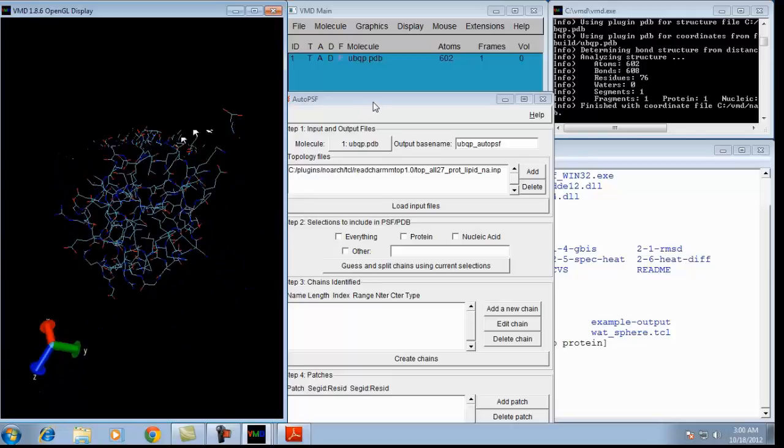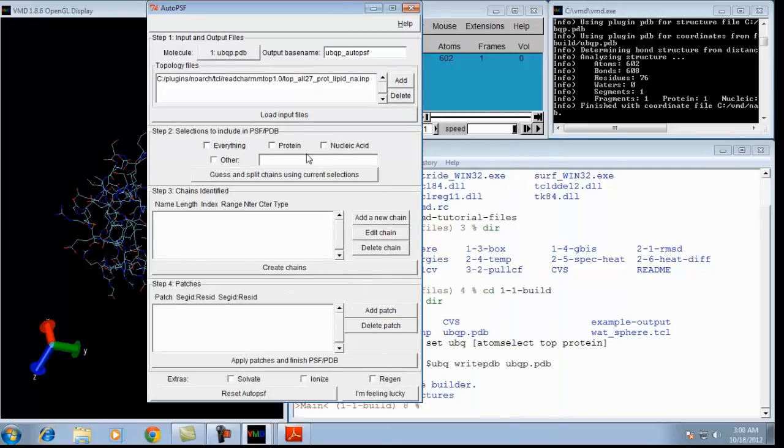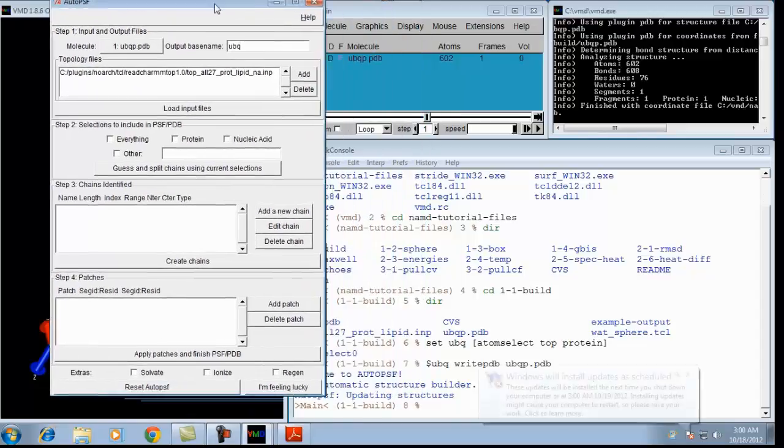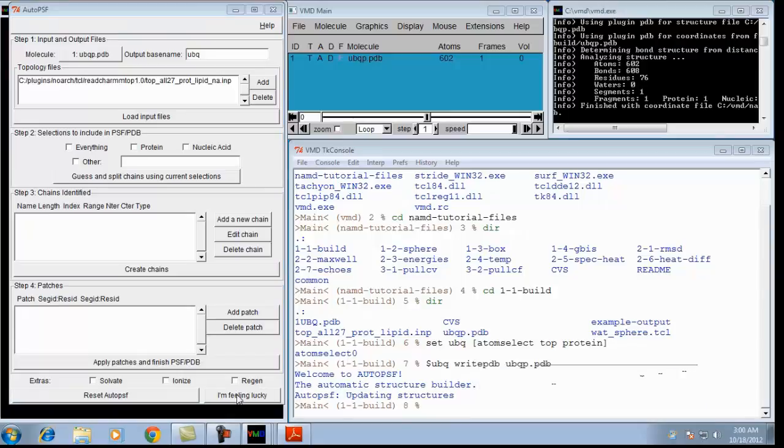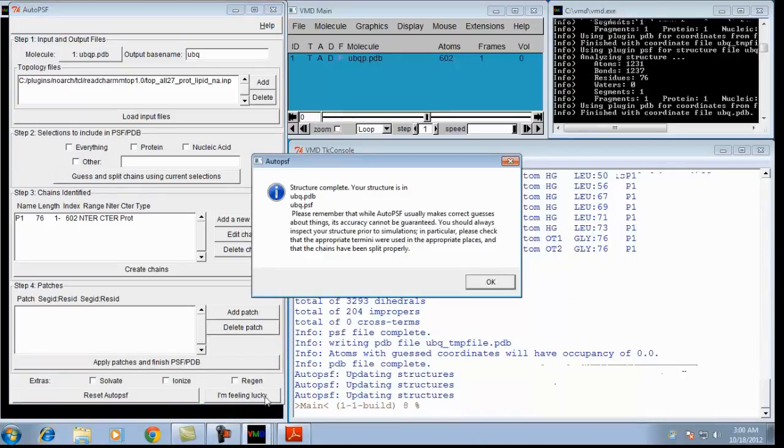You can see that particular file in the display mode, and for our convenience we have changed that particular name, ubq_autopsf, into ubq so that we can have an easier way to conduct the simulation. Just by clicking I'm feeling lucky, the ubq.pdb file is converted into the ubq.psf file.